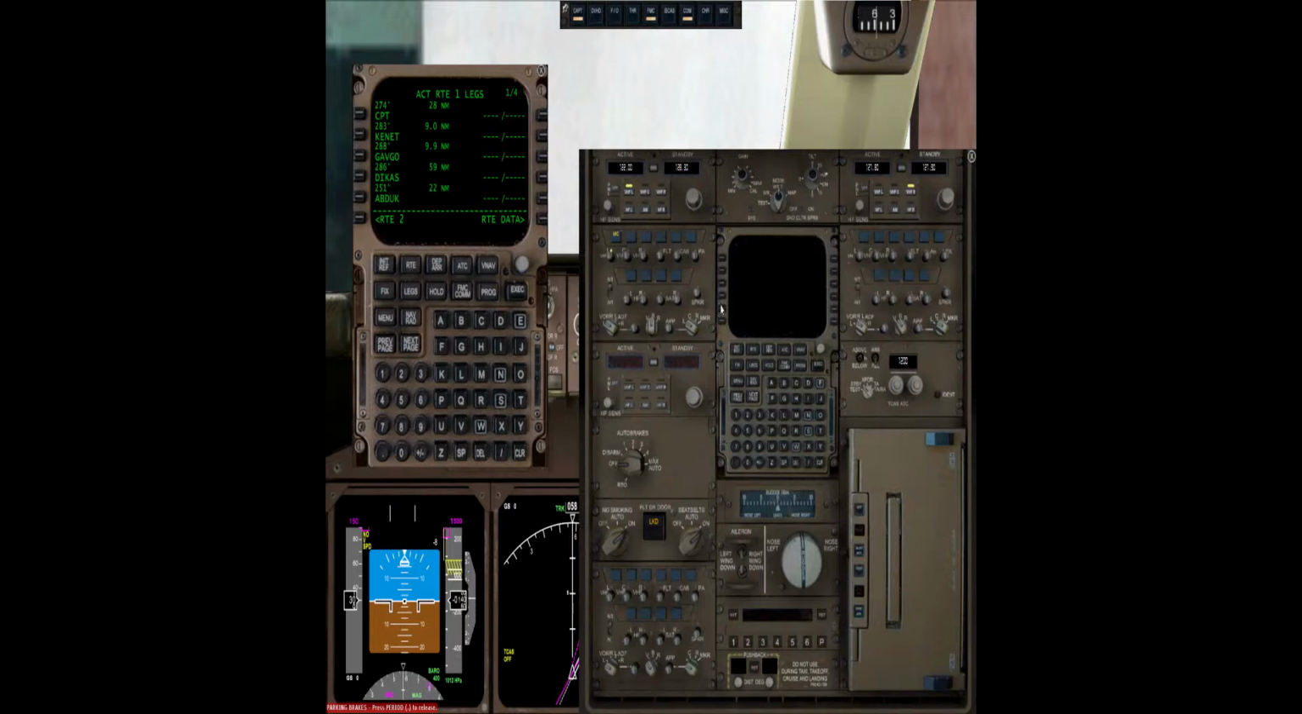Echo Golf Lima Lima Airport information Oscar 2320 Zulu weather wind 020 at 4 visibility 10 sky condition few clouds at 1600 ceiling 3900 broken temperature 6 dew point 4 QNH 1020 advise on initial contact you have information Oscar